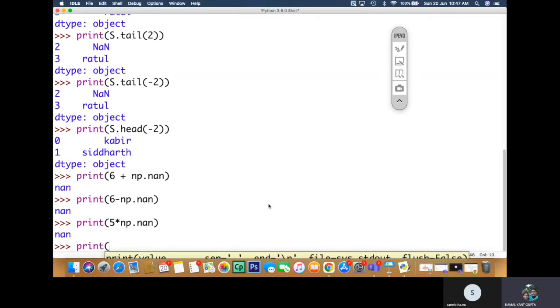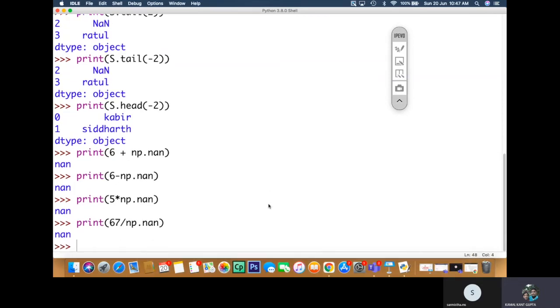And if I'm writing 67 divided by np dot NaN, it gives us NaN. Remember, NaN is not infinity. If that would have been infinity, you could not have written this expression 67 divided by np dot NaN, isn't it? So NaN is not infinity actually, it is nothing, or it is unknown. It's not known.